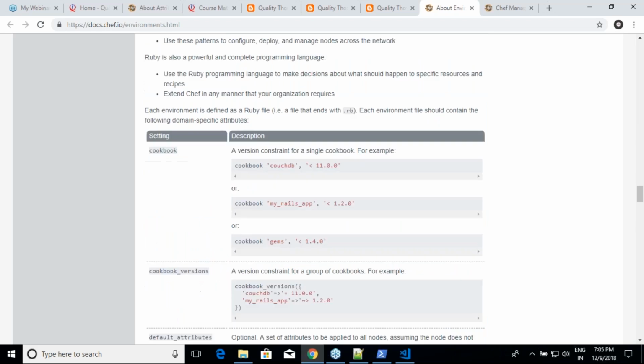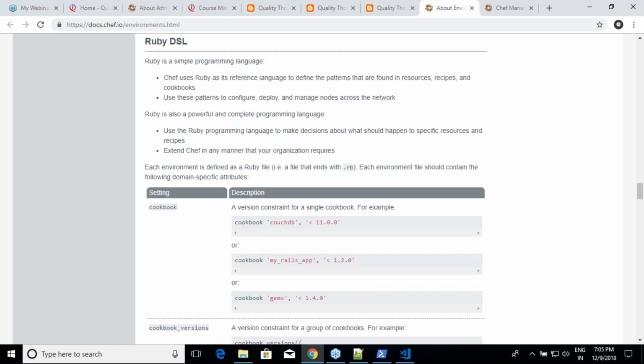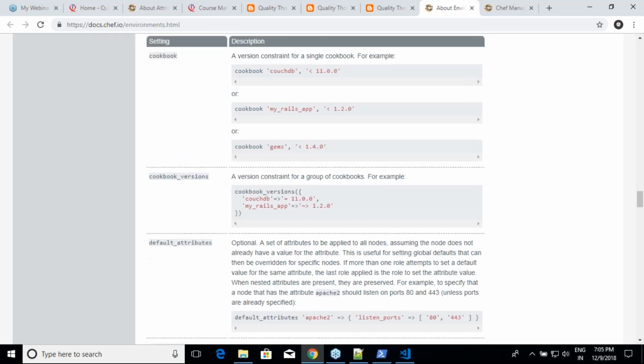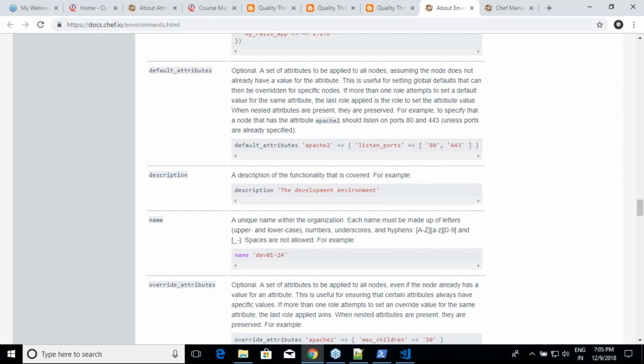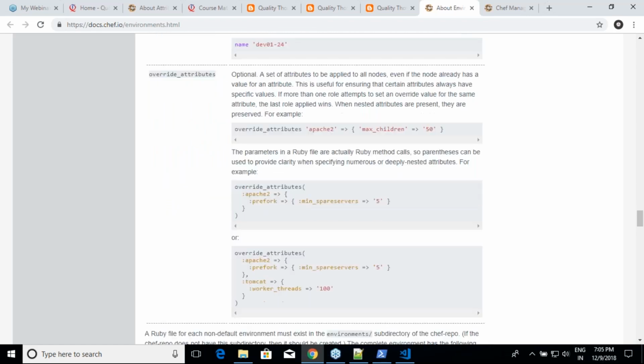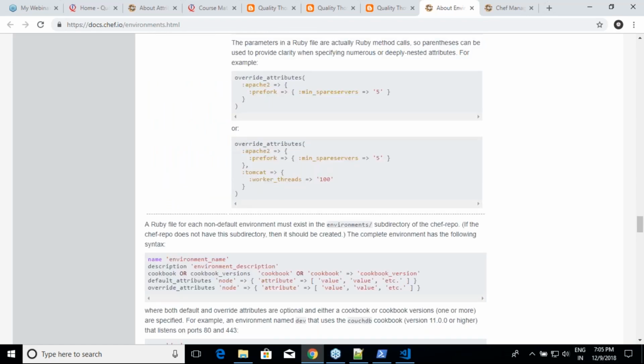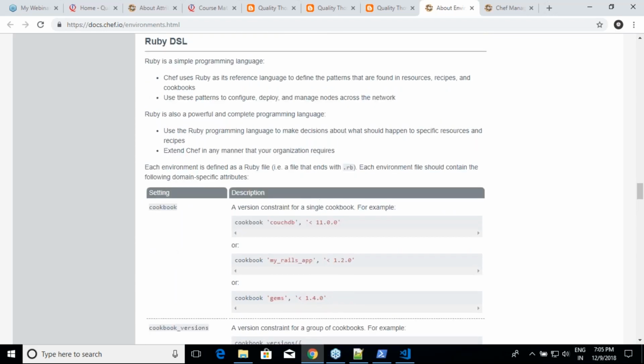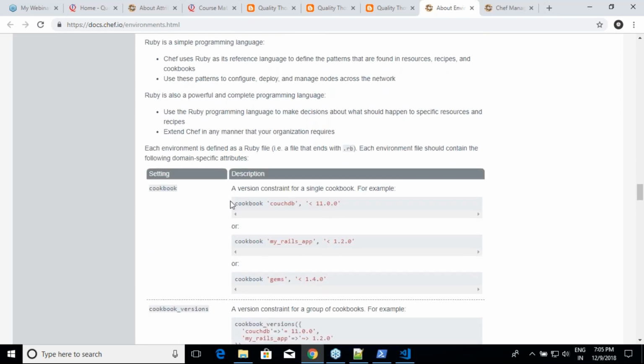All right. So whenever you are writing an environment, you will have the following sections: cookbook, cookbook versions, default attributes, description, name, override attributes. And the structure might somewhat sound like it. Now let us look at what these things are before getting into it. Whenever you write a statement like this, cookbook, couchdb, less than